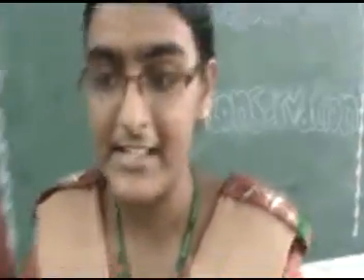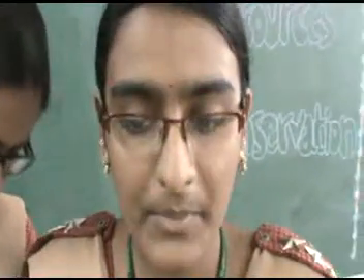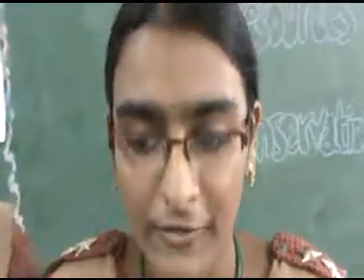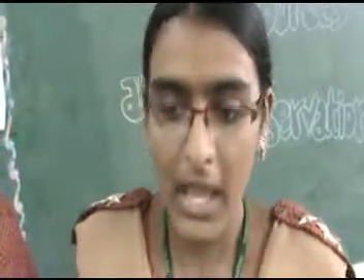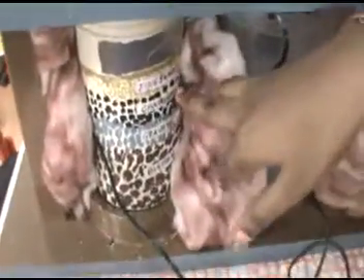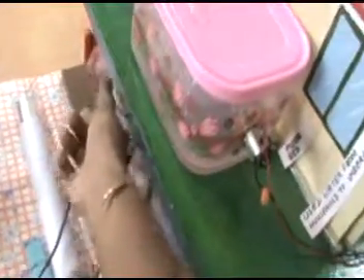First flush device is a valve that diverts the runoff from the first spell of rain so that it does not enter the system. This needs to be done because the first spell of rain carries a lot of pollutants from the air and the catchment surface. And the filter. The natural filtration goes on in the underground pit by big rock, gravel, charcoal and fine sand. This fine sand needs to be removed and cleaned at regular intervals so that it is free of dust and all waste particles which are carried by rain.